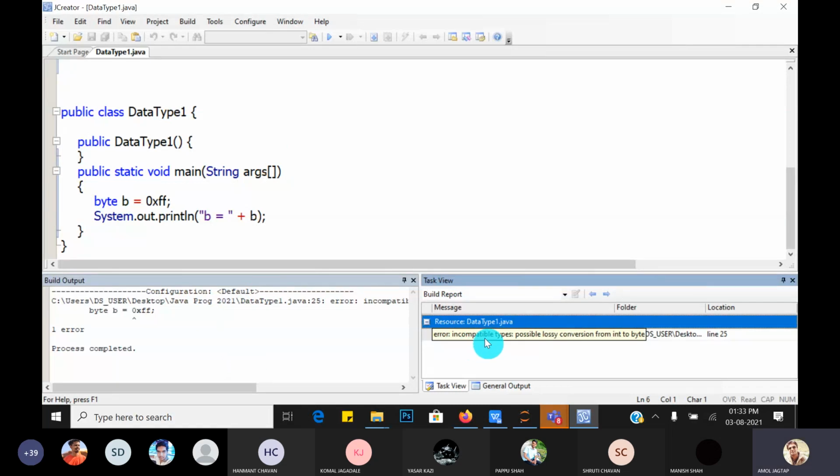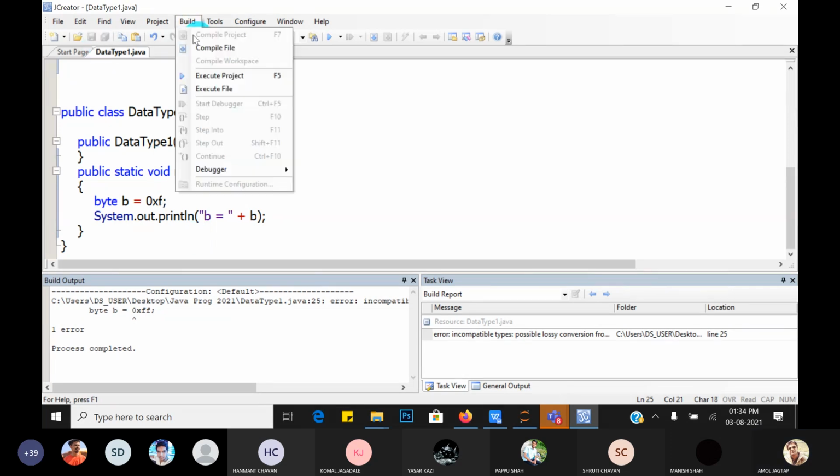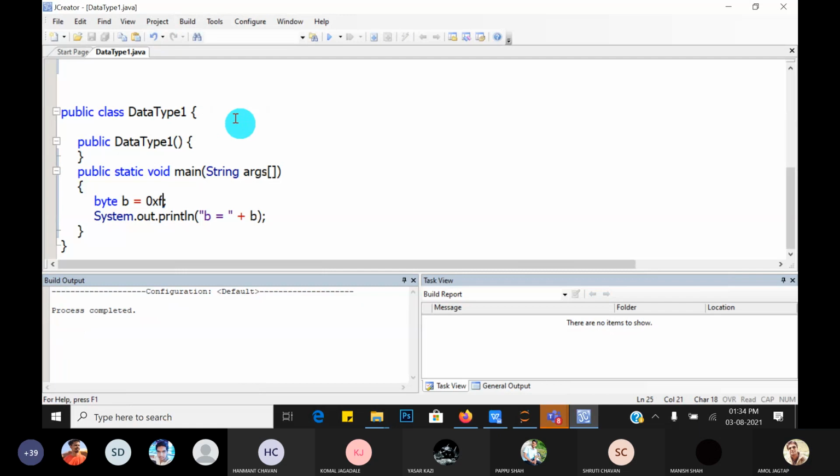Incompatible types, possible lossy conversion, because the value exceeds the range. So just write F and compile. Guys, understood why it did not accept FF? Because the range is exceeded, and if the range is exceeded, it gives you a compiler error.